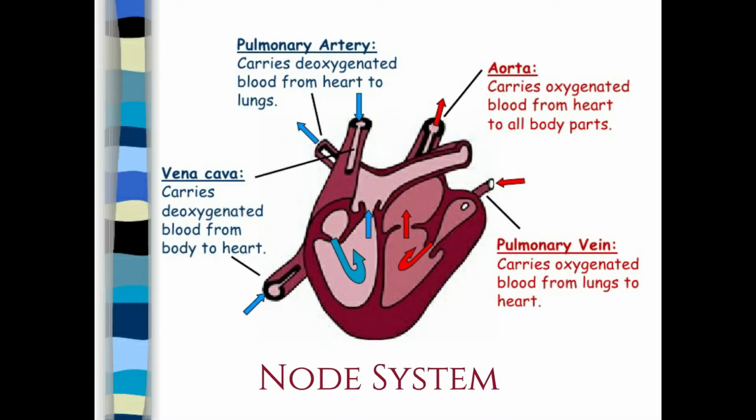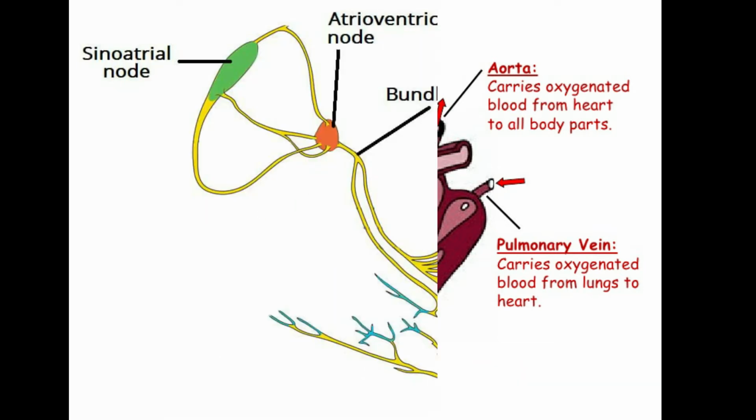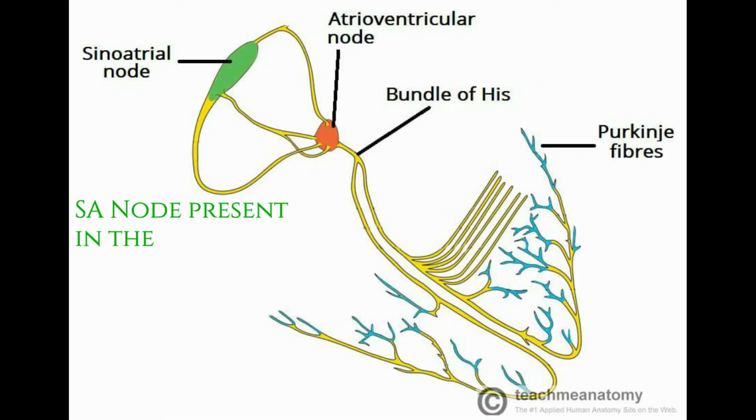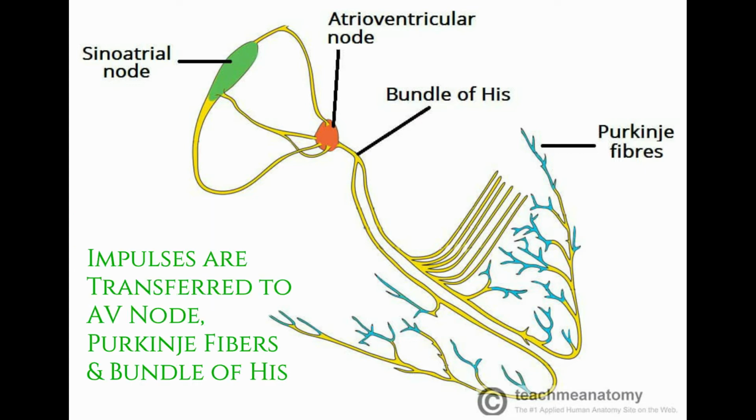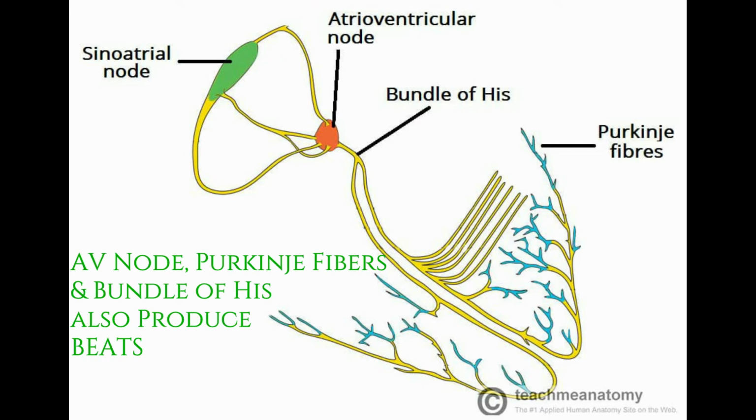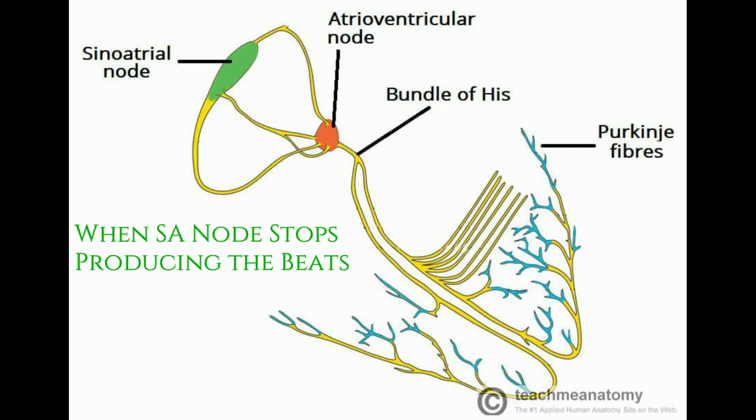Now, let me speak about the node system. The heartbeats are produced by the nodes. Usually, a node present in the atrium produces the impulses and these impulses are transferred to the AV node, Purkinje fibers and bundle of His. The AV node, Purkinje fibers and bundle of His also produce beats when the SA node stops